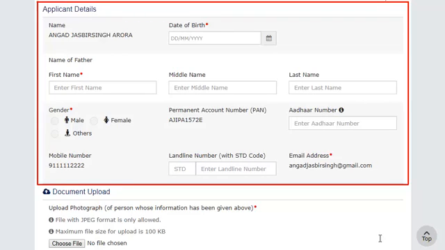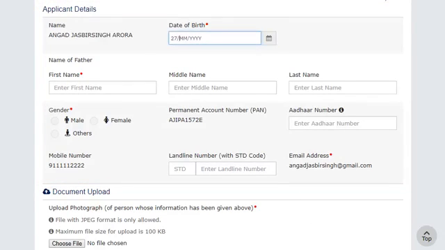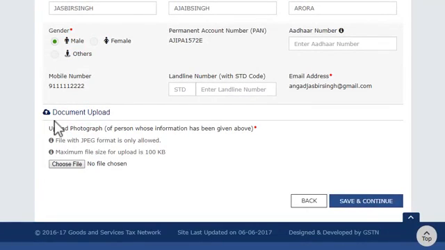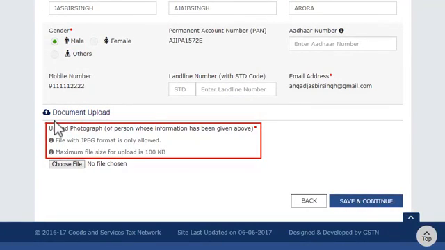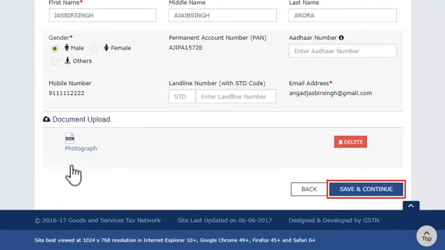Notice the mobile phone number and email address are pre-filled as entered in the Part A of the application. Next, upload the photograph. Make sure the photograph is in JPEG format and size is less than 100 KB. Click the Save and Continue button.